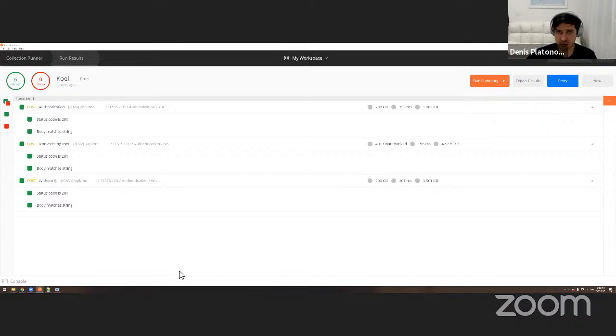Oops, I closed the window. So this is how you write. This is how you run, and this is how you assign. In Zephyr, if you remember regression or smoke, you would write those test cases. In a similar way, you would create a test cycle. You would assign those test cases. That's exactly what we did here. And then you would run them manually and report the results. And here it's all automatic. So how do you like that? Which one do you like better, guys? UI or API now?